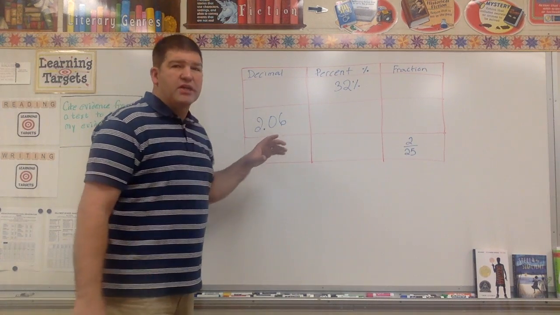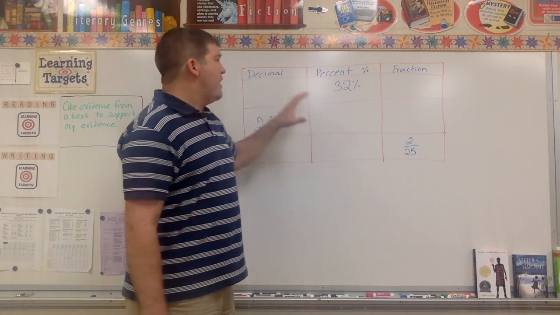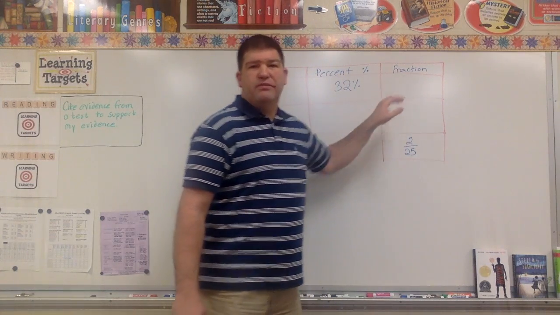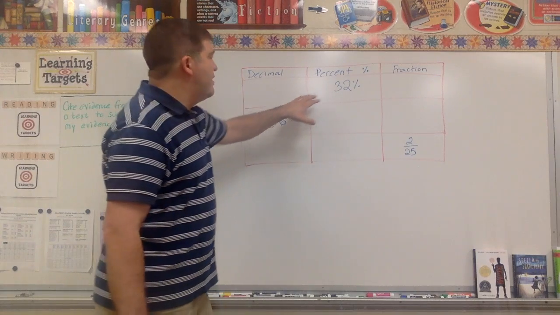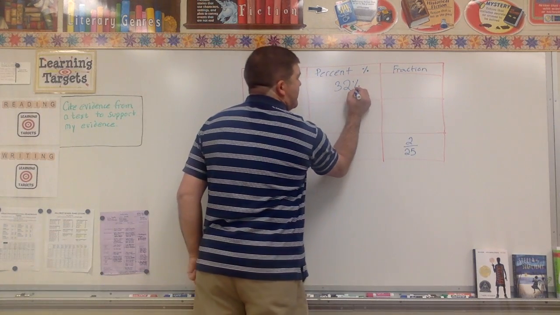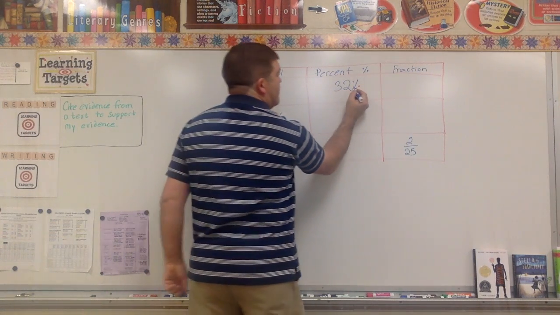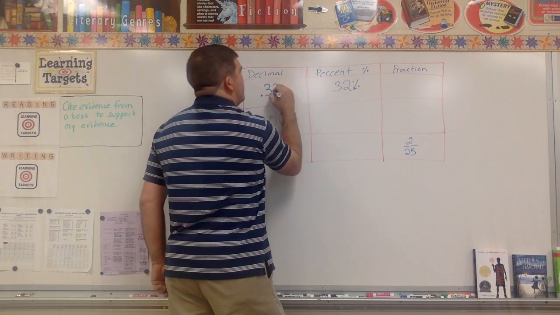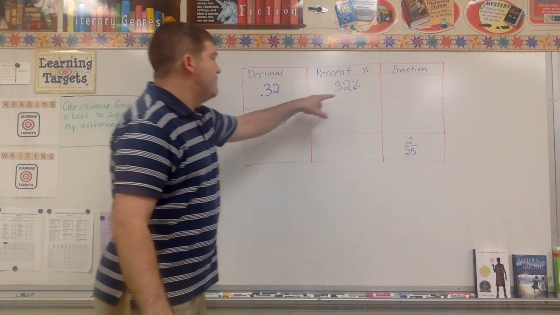Okay, my first chart is this one. I should be able to take any number, and if I have either in decimal form or percent form or fraction form, be able to convert it to the other two. So on this chart right here, this first one, I have 32%. Now remember, if I want to make it a decimal, I have to go over 2 this way. 1, 2. Okay, so 0.32. There you go. So I just converted 32%